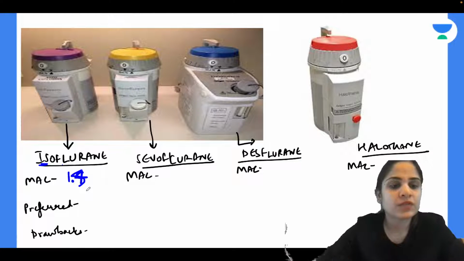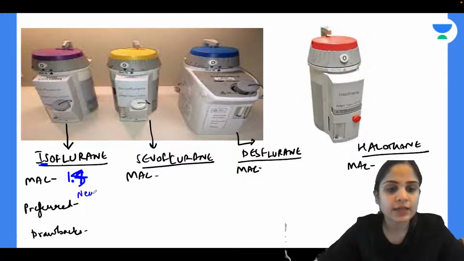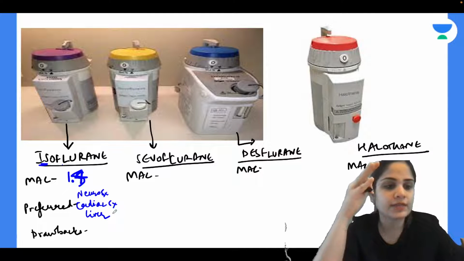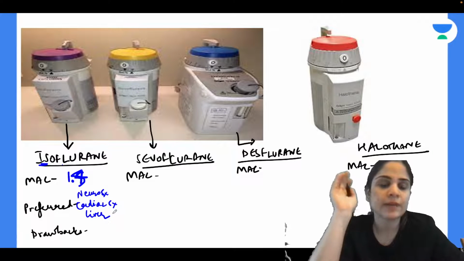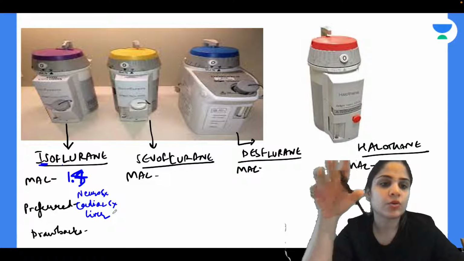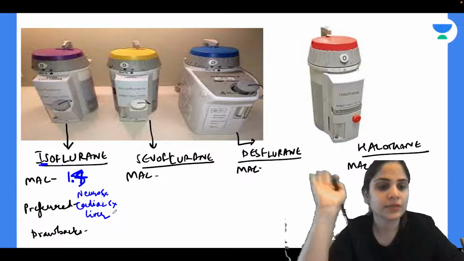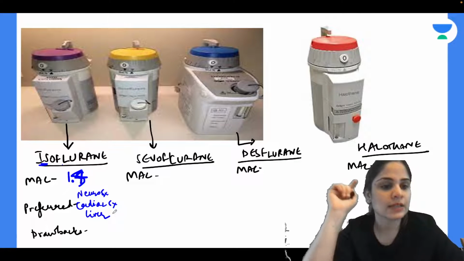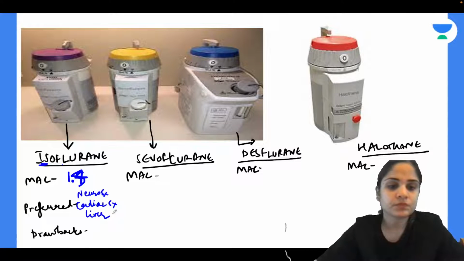In which case do I prefer isoflurane? Anyone? Isoflurane is preferred in 3 kinds of surgeries. Remember, we always prefer isoflurane in neurosurgery, in cardiac surgery, and in any surgery of the liver. So it is the most preferred agent of choice in any of these 3 surgeries: neurosurgery, cardiac surgery, liver surgery. So nearly in most of the surgeries we prefer isoflurane. Why? Because isoflurane maintains very good blood flow to all these important organs. So it will maintain good blood flow to the brain, to the heart, to the liver, to everything. That's why we prefer isoflurane as the inhalational agent of choice in these surgeries. Okay. Anyone, what is the drawback of isoflurane? Any contraindication or any drawback of isoflurane?